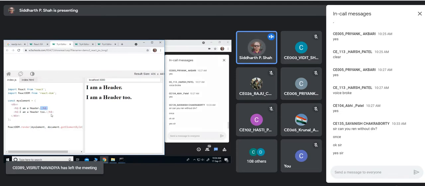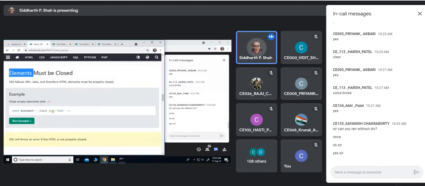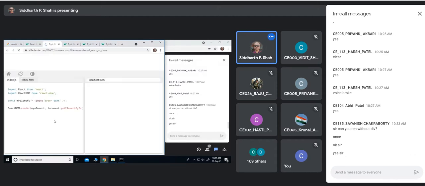But when you use HTML code within JSX or as part of JSX, then it must be properly written code. Properly matching opening and closing tags. Everything is required. Like input, you cannot simply leave it afterwards. You just need to close it like this. So that is compulsory. When you use HTML code within JSX, make sure that it is properly written. Okay.